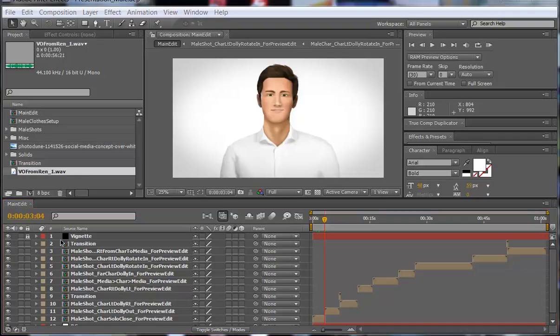So this main edit here is the preview edit that you've seen on VideoHive. I just put it in here as an example of how to put it all together, but it's probably not going to be very useful for you, considering that your video is going to be a different duration and each clip is going to be different. So I would suggest starting from scratch by creating a new composition,